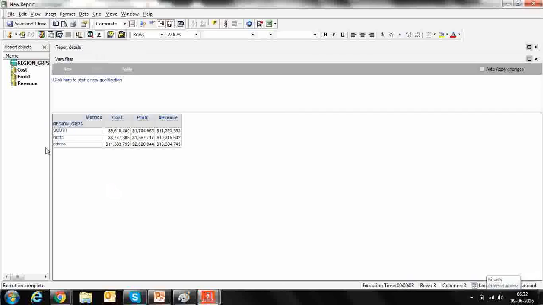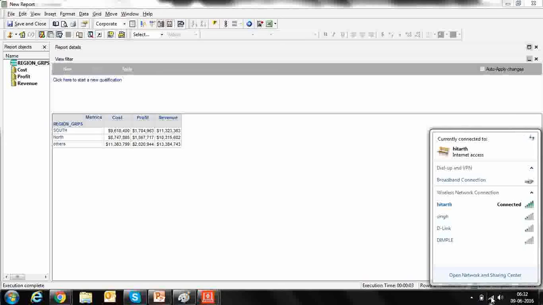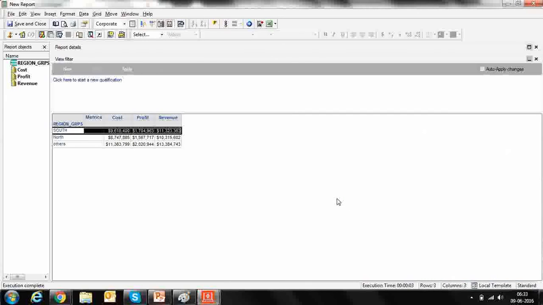Now, from this report, what you are going to analyze? For the south region, I am having this cost, this much of profit, this much of revenue. Actually your screen got stuck. But now I can see. The one before I couldn't see. No problem. This is only a concept session, it's a demo session. That's fine then.